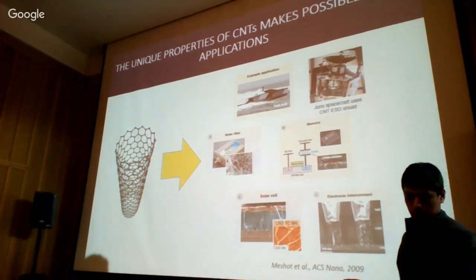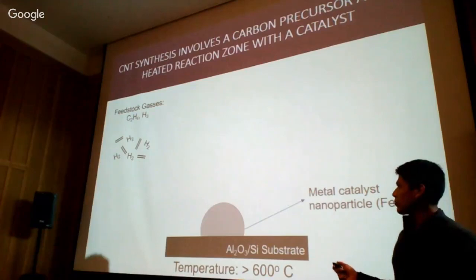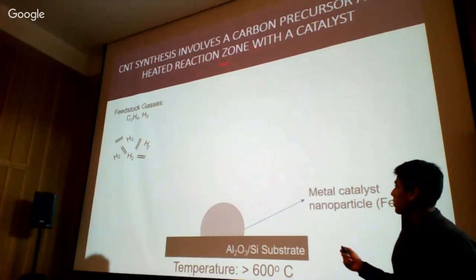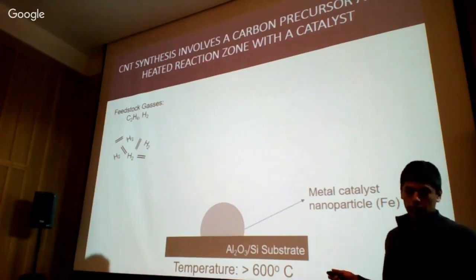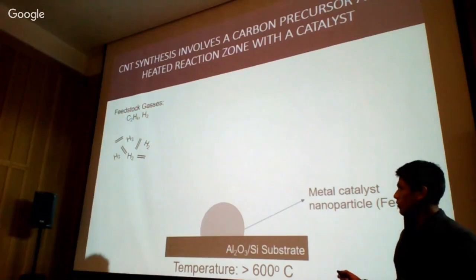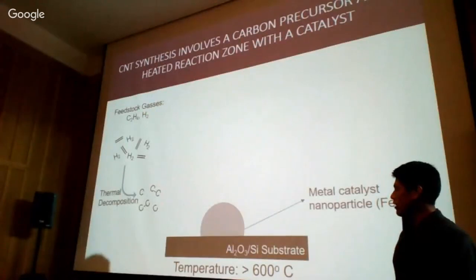So I wanted to go through the synthesis mechanism of carbon nanotubes very briefly. This is the idea you have to keep in mind. For the synthesis, what you need is a feedstock gas, which is the input gas. You need a source of carbon in order to have the nanotube structure. In this case, one of the most used compounds is ethylene, which is represented by this structure here. So you have ethylene, and what happens is that, based on thermal decomposition, you heat up these gases, and then you get other